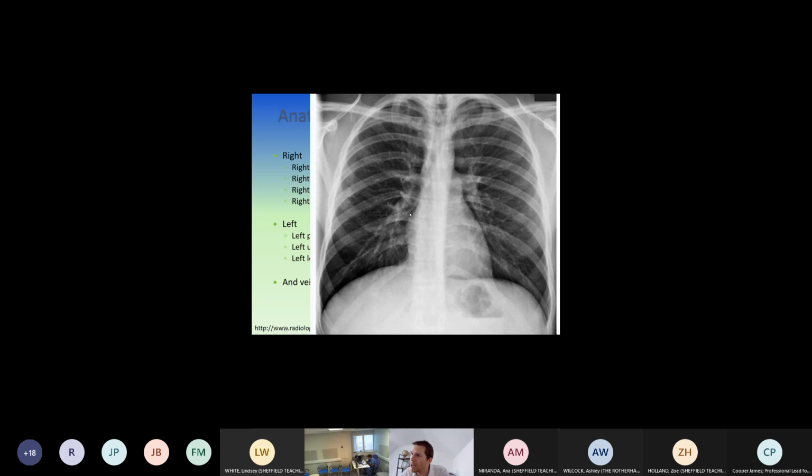Likewise with the heart, we want to see nice crisp sharp heart borders, right heart border and left heart border. At the bases, we want to see nice, sharp costophrenic angles. Let me just see if I can use my pen. So what I mean by a sharp costophrenic angle is that sort of shape, a nice sharp edge. What I don't want to see is